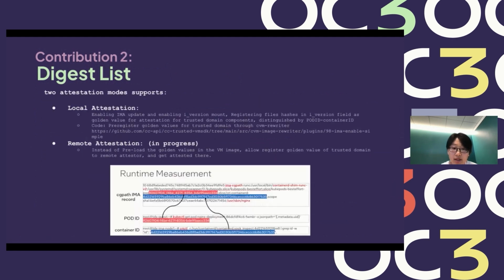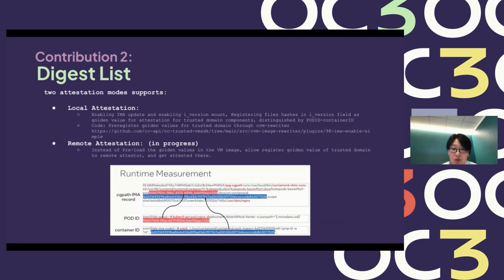So the digest list right now supports local attestation. We write the CVM's golden values of the trust domain files into i_version, and register the file hashes in the i_version fields from there. And this code is done in the CVM rewriter. And then when the kernel is booted, it will do the local attestation from there.